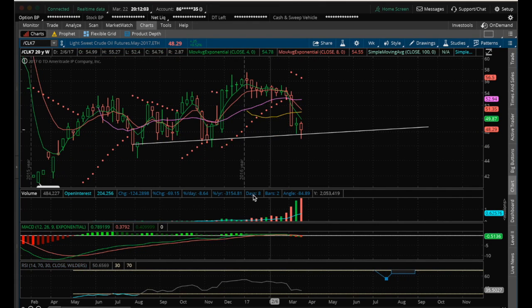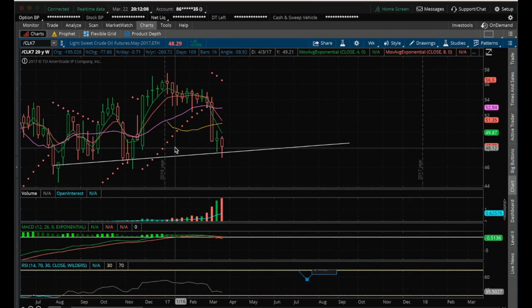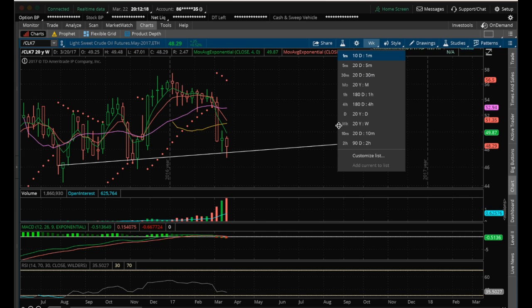So you can see that oil still has this weekly uptrend line intact here, longer term, where it is currently forming a bullish reversal weekly candle, depending on where the body forms at the close of the week on Friday. And on the daily chart,